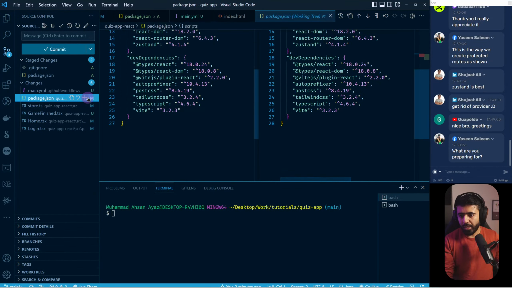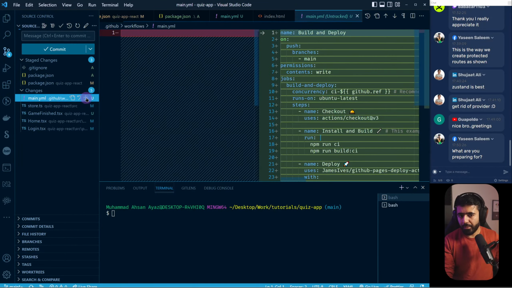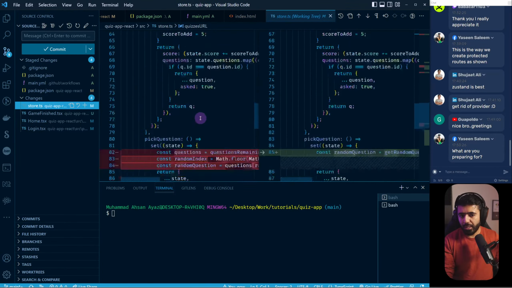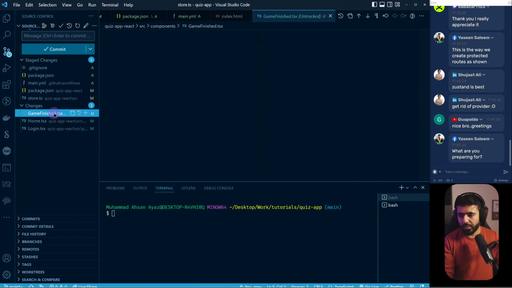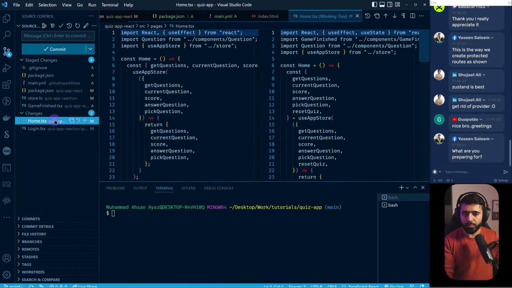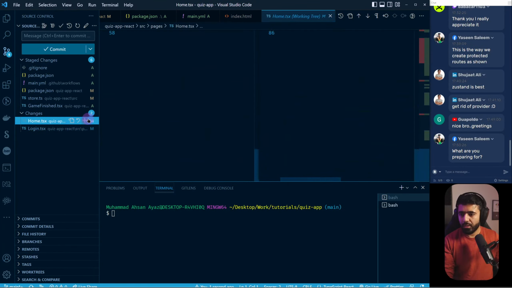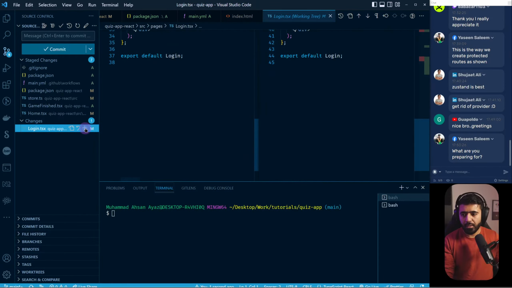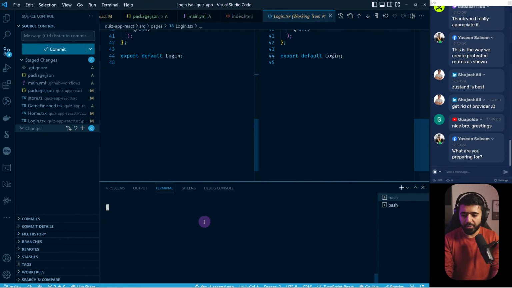Package.json here. We added a bunch of stuff. Main YAML, push, store. We updated the gist, added a bunch of functions, plus game finish. Let's go. Home TSX. Let's go. Login TSX. Let's go. So now if I go ahead and do this, I can run npm or actually git